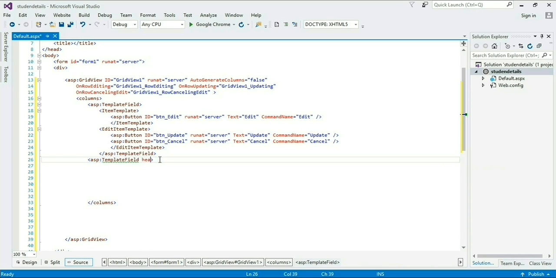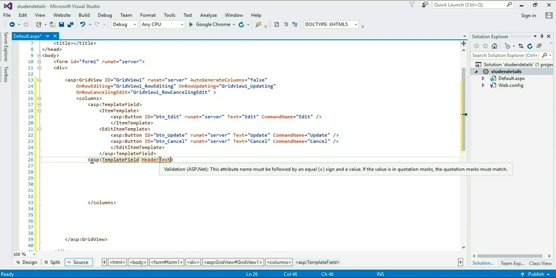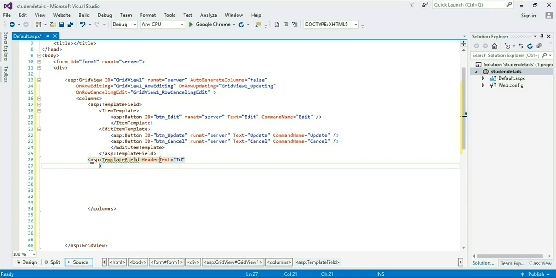I am giving this template field a header text. My first column name is id, so I am giving the header text id. Now close this template field.